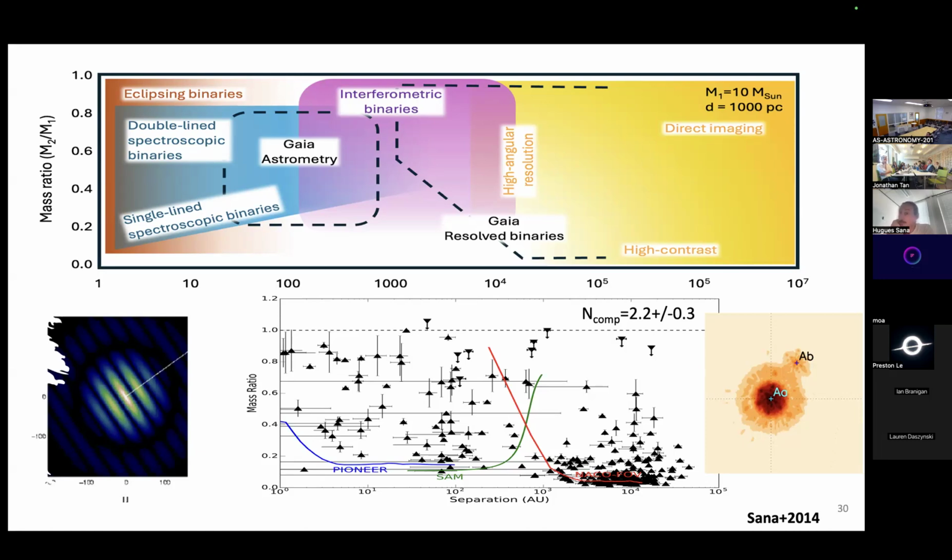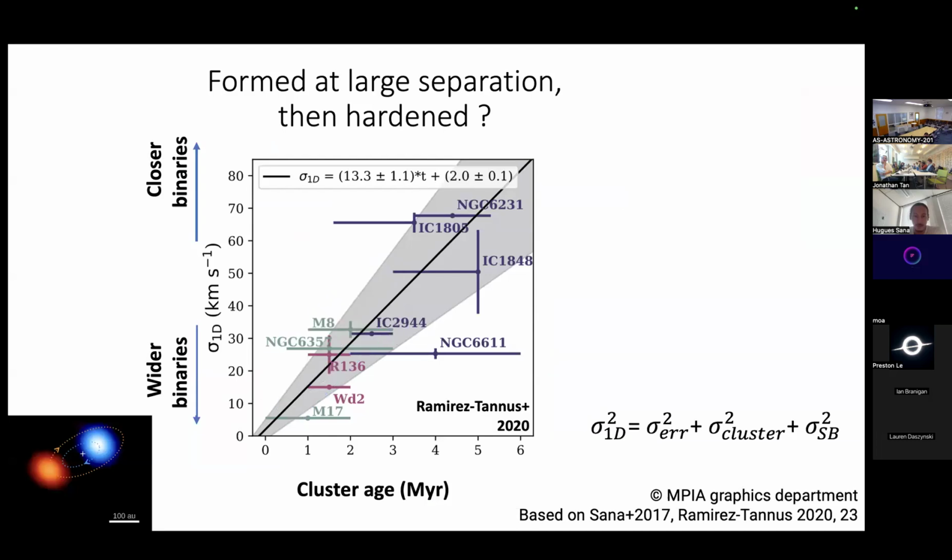So the runaways have been dynamically processed, either through a kick from a supernova or through a dynamical encounter, and that tends to destroy the binary. So how many bound clusters are we talking about in your sample? It's about the same as those ones, so about 4, 5, 6. The problem is that every one of those clusters only has 5 to 15 massive stars, so